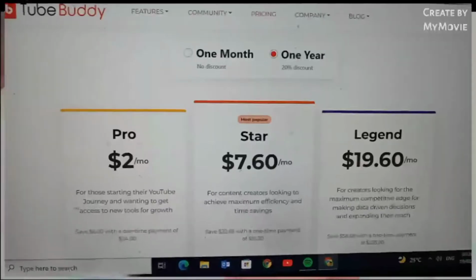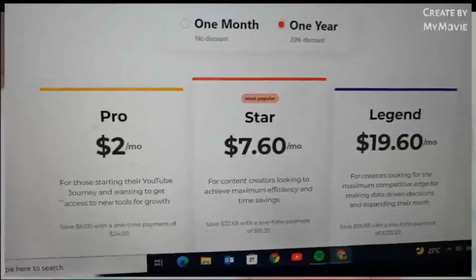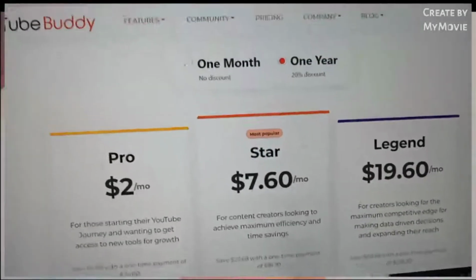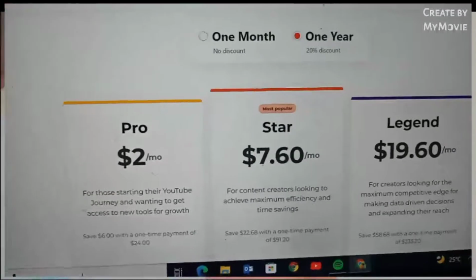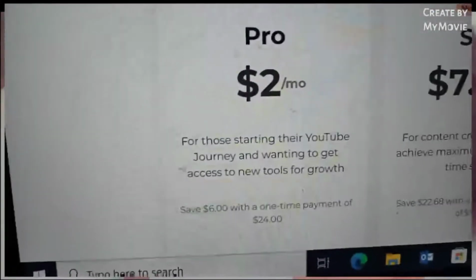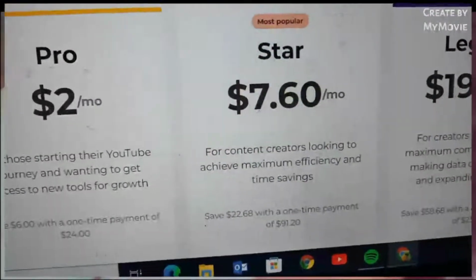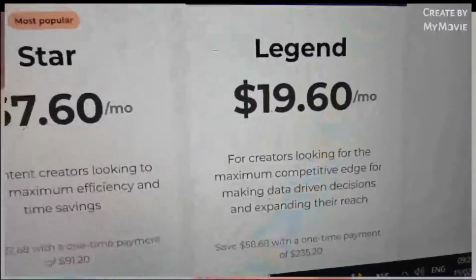Having TubeBuddy is like having the right tools. I'm sure you can take your hand and chop a board or wood, but you have to get an axe. So the free one is like having the axe. But guess what? You still need more time to do more things. So you can upgrade from the free to the pro. Then you have a little better tool, and when you have a better tool, they work even faster, and you have better content, you see your channel start to rise and get more views, get more subscribers,